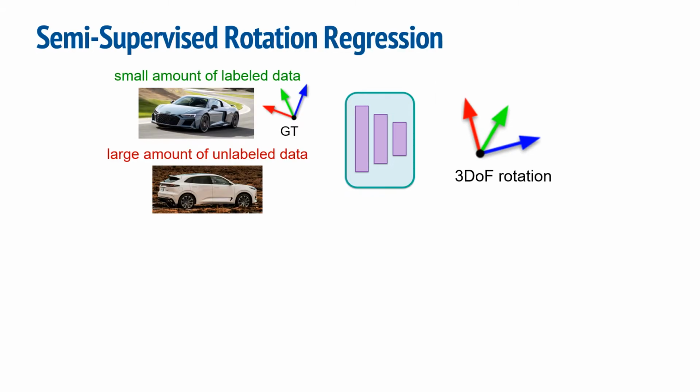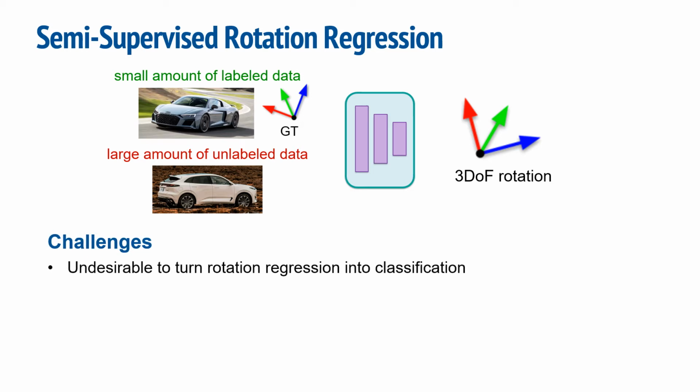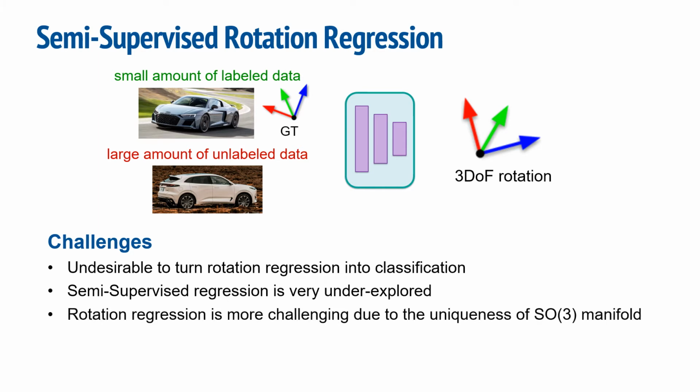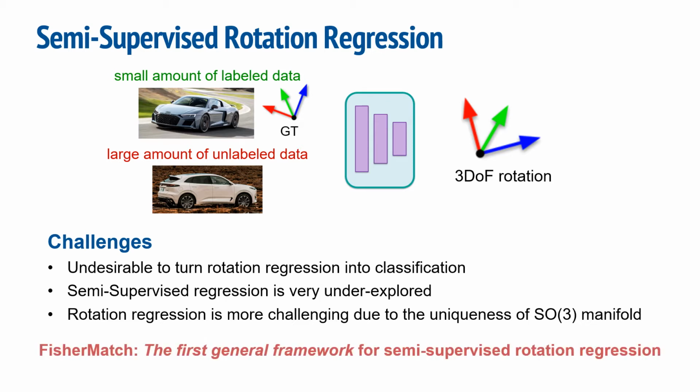Although semi-supervised learning, especially on classification, has witnessed rapid progress in recent years, there is no existing work on semi-supervised rotation regression, which we believe is a very unique and challenging problem. We all know that it is undesirable to turn rotation regression into a classification problem due to the unavoidable discretization error. Given semi-supervised regression is very underexplored, rotation regression is not even a standard regression problem, with the non-Euclidean SO(3) output manifold. To tackle the challenges above, we for the first time propose a general framework, namely FisherMatch, for